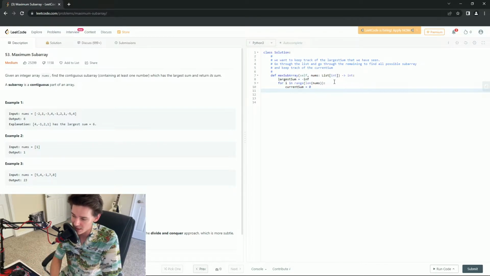So once again, that "go through" wording should indicate to you a for loop. So we could say for j in range, and we want to start at i and then go to length of nums. What that means is, for i in range, we start at this index, and then for j in range, now we're going to start here and go through all of this here,